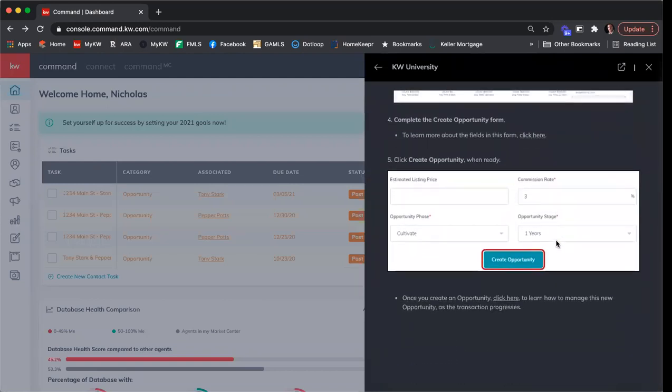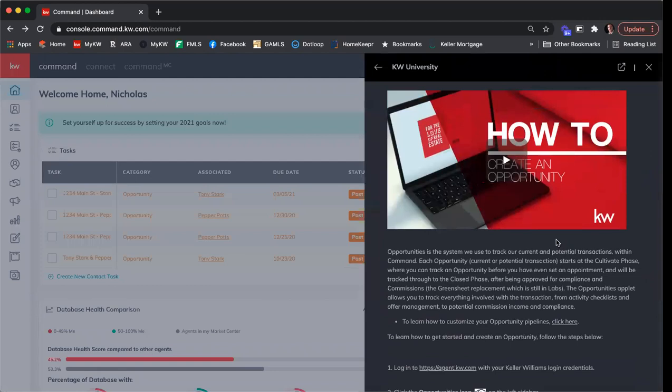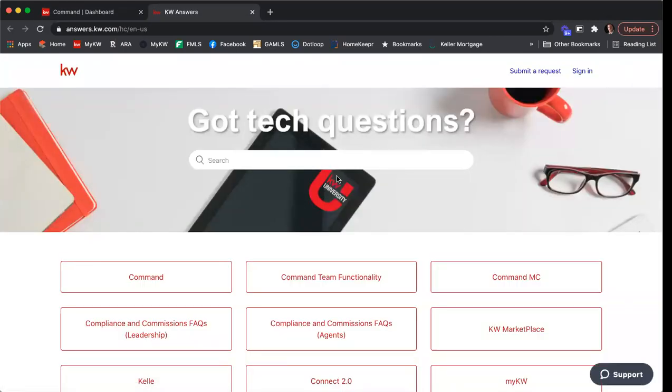So the process will hold your hand step by step so you don't miss anything. If you're like, you know what, I don't want my KWUniversity information in the same window as my Command because I want to follow along on one tab and work in Command on the other, you can click on this pop out icon up here in the top right-hand corner, and that'll take you to KWUniversity. This is going to be all the same information, but you can just search opportunities here,